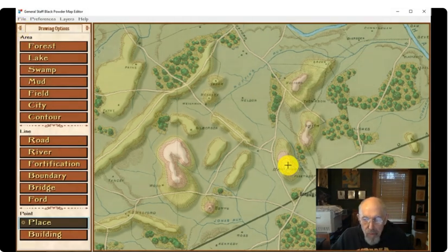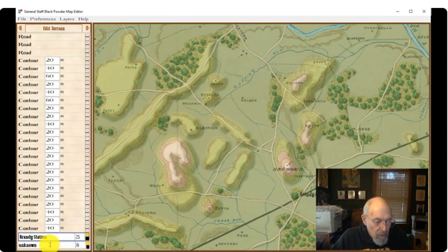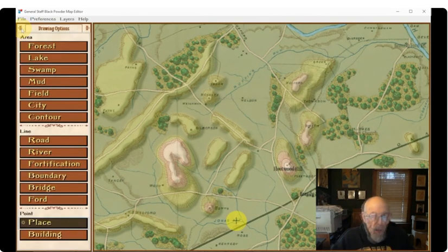So this looks pretty important. We'll click there. And when you click on a place, it first says unknown. So then you come down to this tab and you say Fleetwood Hill. Again, looks pretty important. We'll make that 20 points. And we'll assign that to red, because red starts off with that. I'm pretty much finished up with this map. I would do more if I knew more about the battle, but I don't.